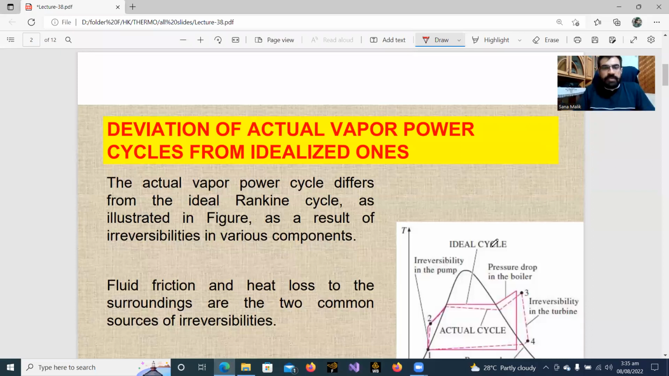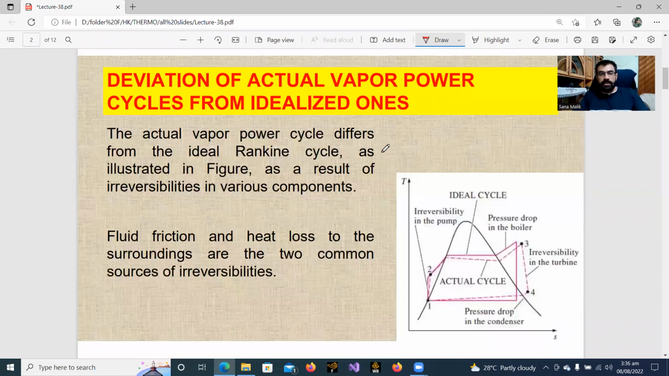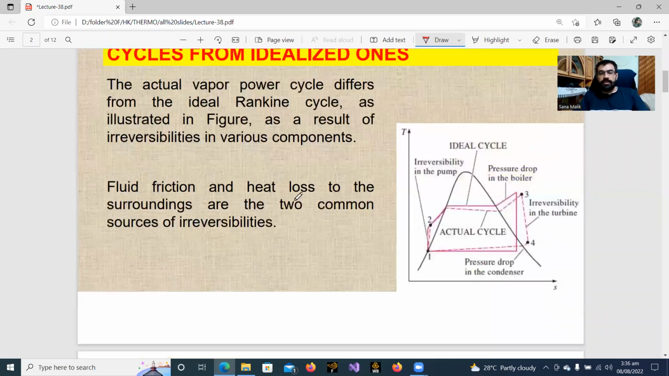जब हम अब डिस्कस करेंगे एक्चुअल वेपर साइकिल जो होता है और उसकी डेविएशन क्या होती है आइडियलाइज्ड वेपर साइकिल से। तो जिसमें हमें पता है कि जो हमारे पास एक्चुअल साइकिल होगा उसमें हमारे पास इरिवर्सिबिलिटीज होगी, जिस तरह पंप में इरिवर्सिबिलिटीज होगी, जैसे ड्रॉप होगा टरबाइन में फ्लूइड फ्रिक्शन की वजह से, जिस वजह से हमारे पास जो एक्चुअल साइकिल है वो डेविएट करेगा आइडियल साइकिल से।